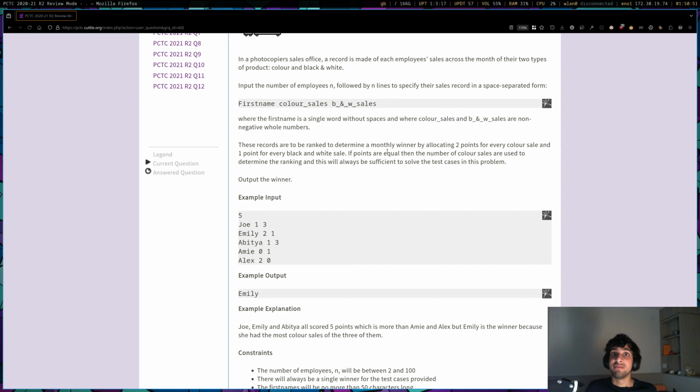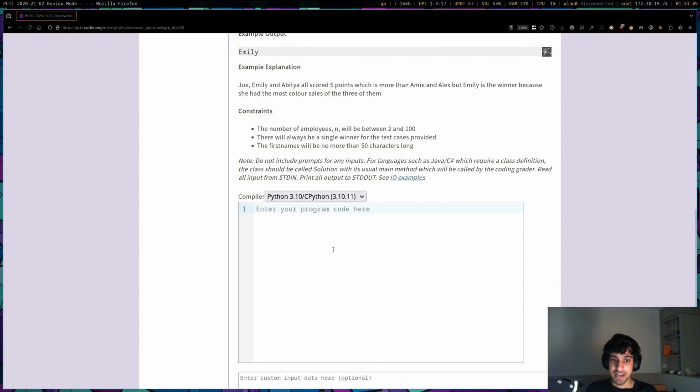Obviously, it requires you being fluent with Python and the specific things I'm going to show you. But of course, that's the point of this, is to build up those skills and that experience so that when it comes to the real competition, you can bang out the solutions to something like this incredibly quickly. But anyway, yeah, so let's